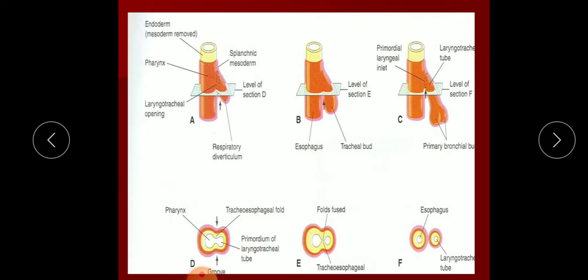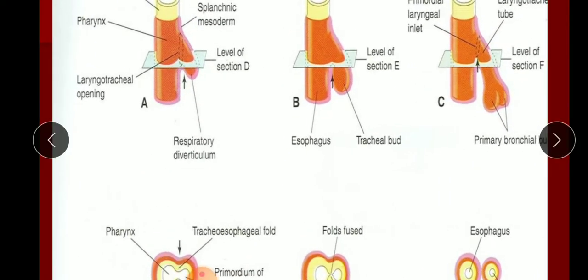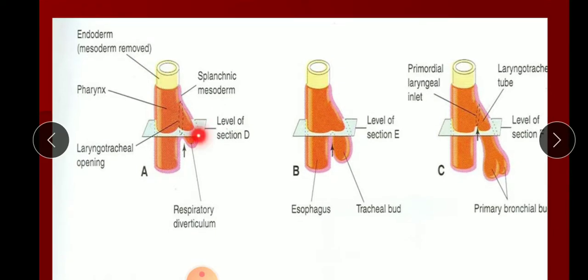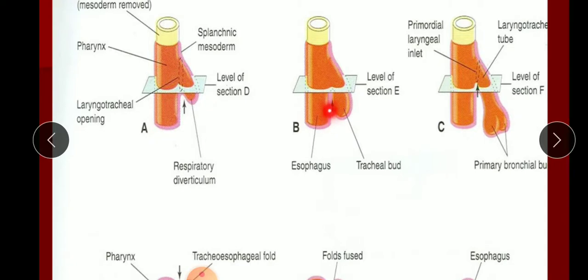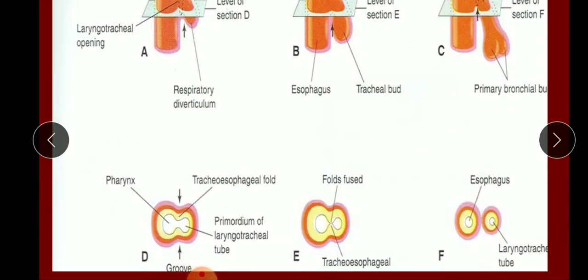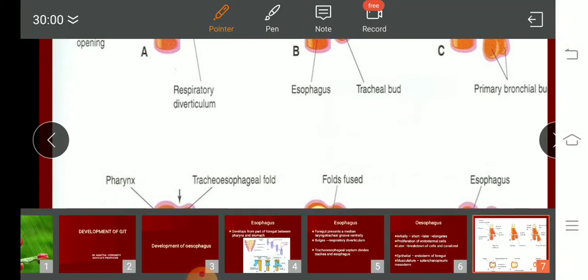So the same figure I have mentioned again and again. Look at that figure. You find the foregut, a diverticulum developing, the respiratory diverticulum. You find a septa dividing it into two parts. You can see the septa is further deepening and separating this whole thing. Look at that, two structures. Behind you find the esophagus, in front the trachea. The septum is developing on either side. It's fusing. Look at that, two separate tubes are now developed.